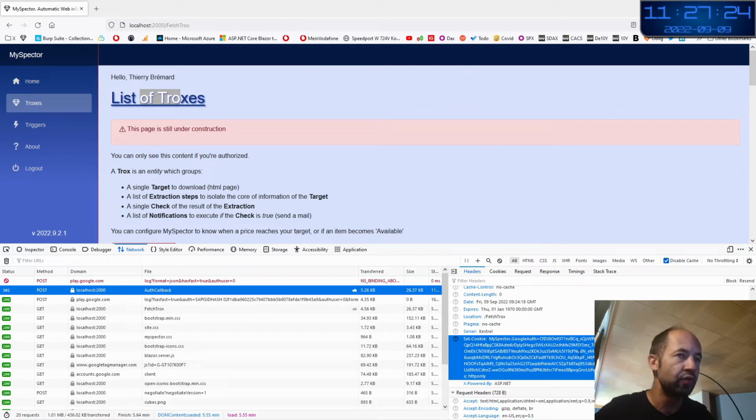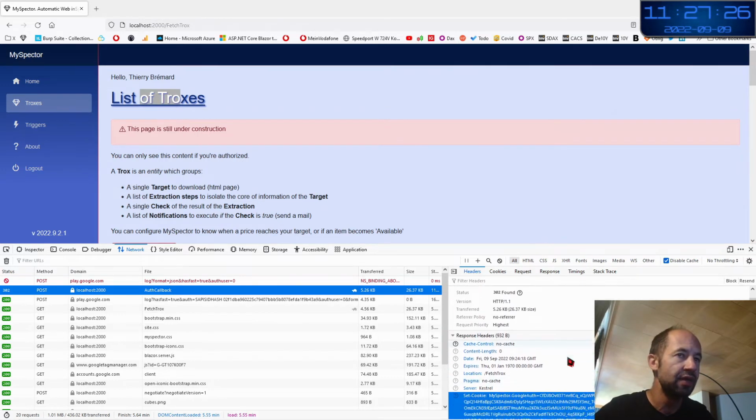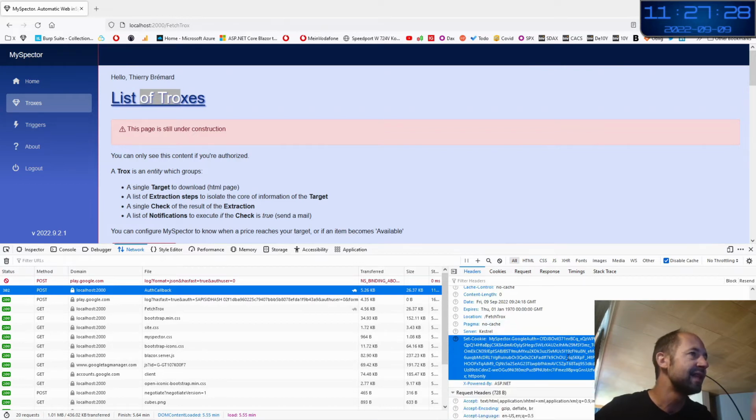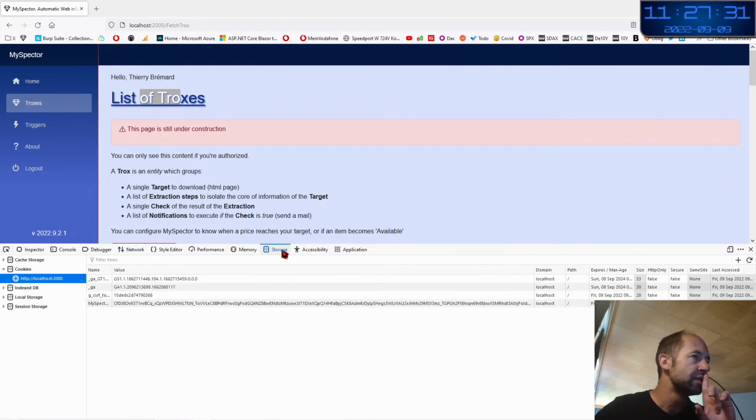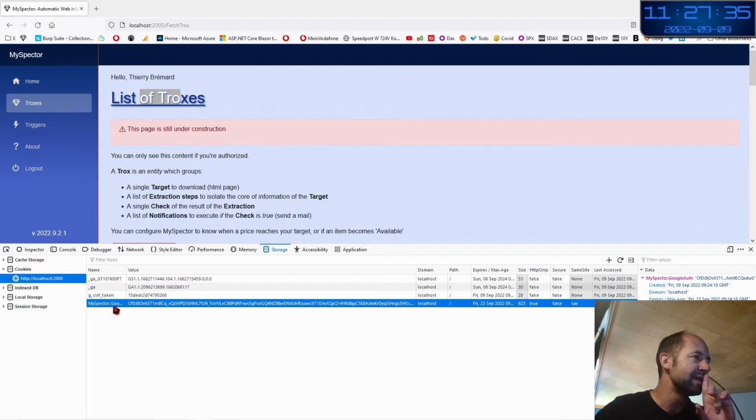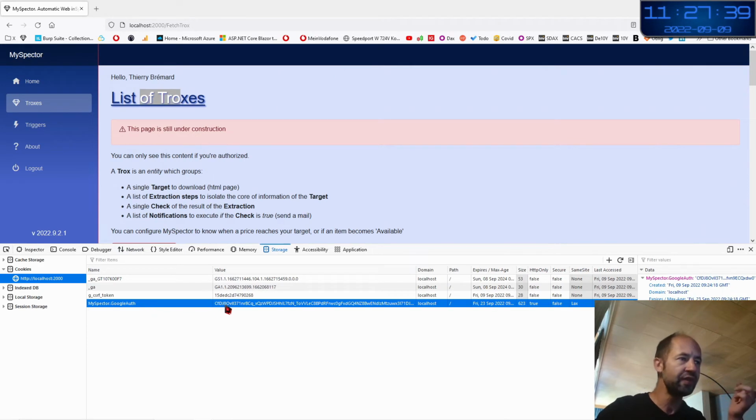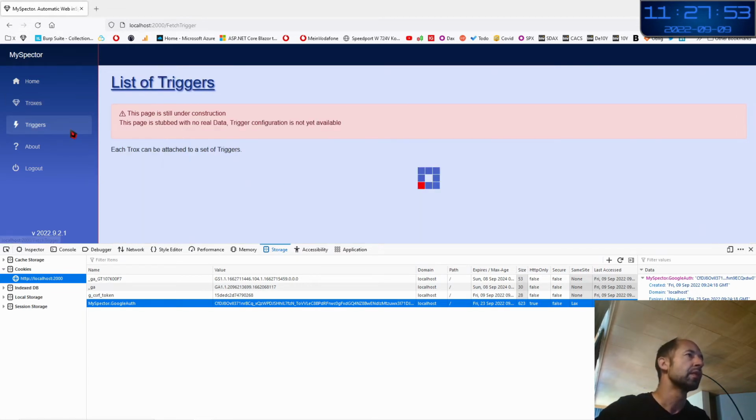What I want to say more is, yes, now we can look at the storage here and see that I have the MySpector Google auth cookie. And this now is the value of this cookie, which has been set by my server code, Blazor server code, to know who I am.